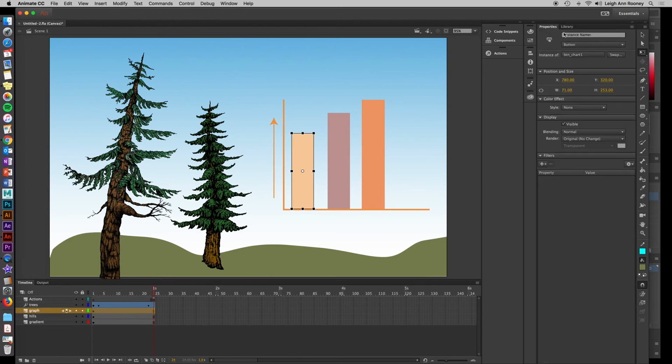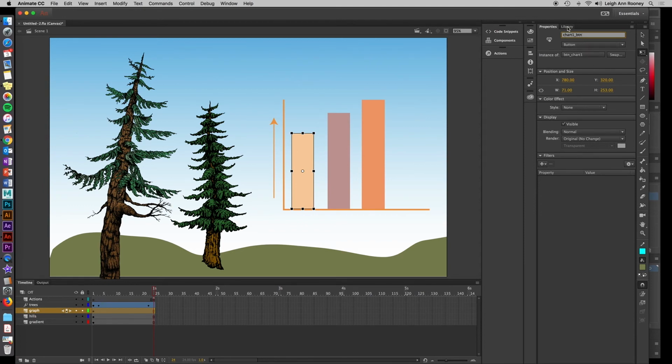And also get in the habit of giving everything an instance name. And the instance name should not be the same as the button name. And so a good thing, you can just reverse it. And you probably want to know it's a button, so I'll call it chart 1 BTN, just the opposite of what I